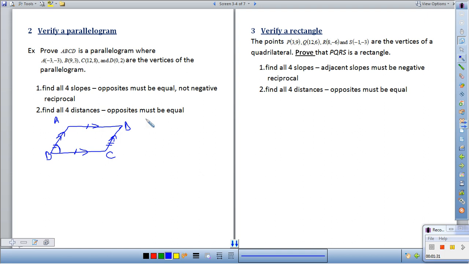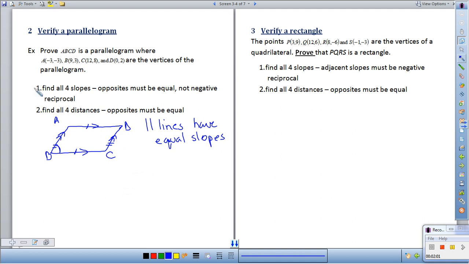Now we know that parallel lines have equal slopes,